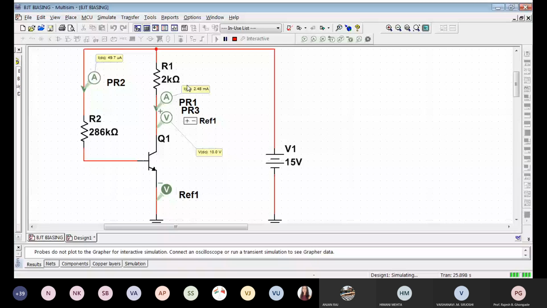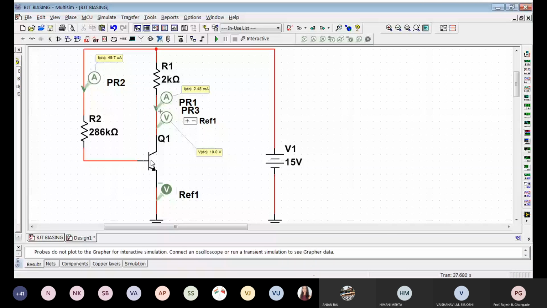We have already seen an example where I've told you how to construct the load line given two endpoints. You can calculate the two endpoints and then draw a straight line through them, giving you the DC load line. So this is basically how the Q point will shift with change in beta from 100 to 50.